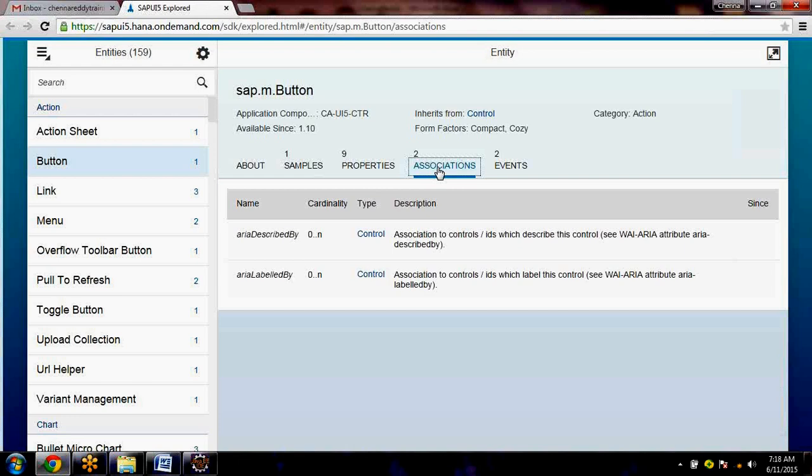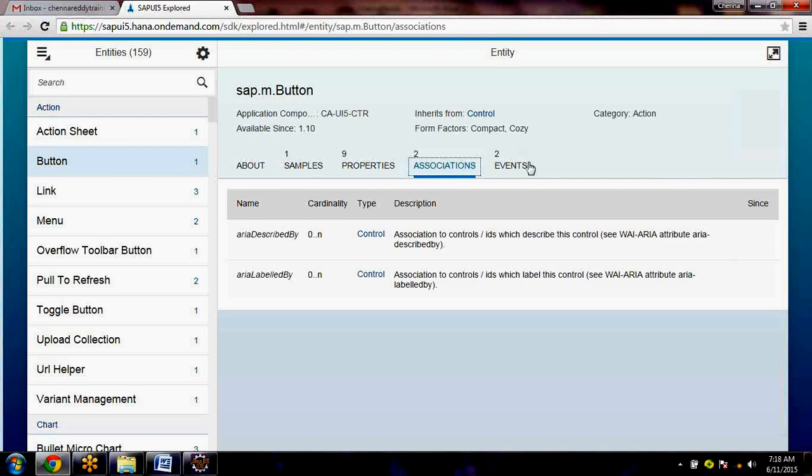There is a slight difference between association and aggregation. We'll see in the examples. When we write some example, we'll understand the difference between association and aggregation. So for your control, you need to define properties, associations, aggregations,